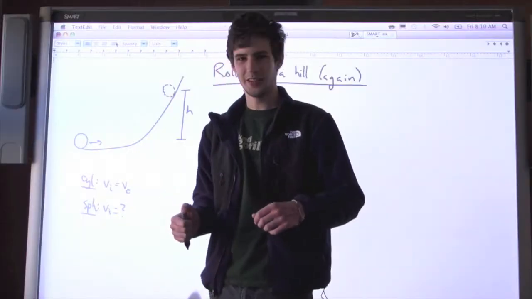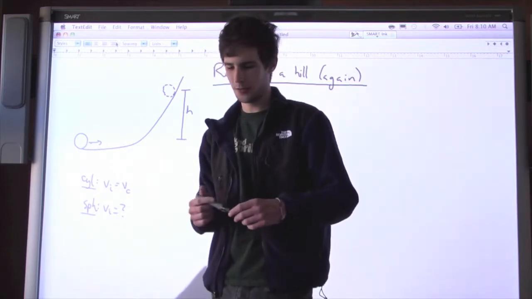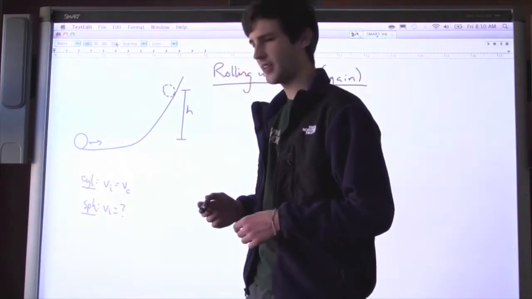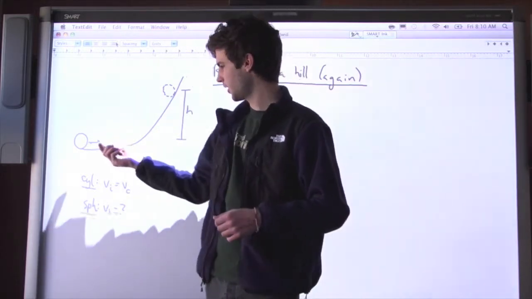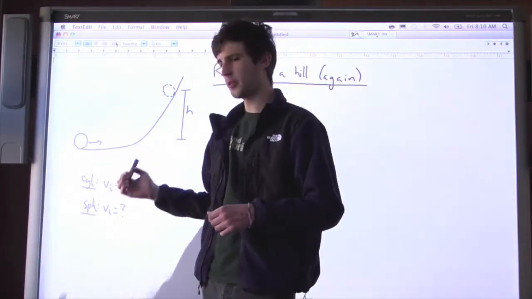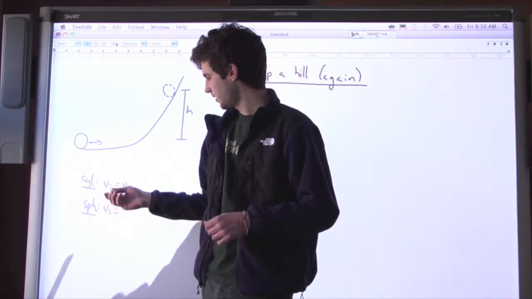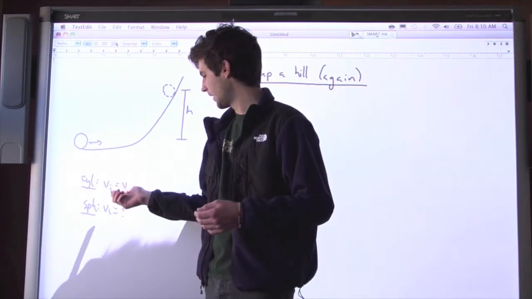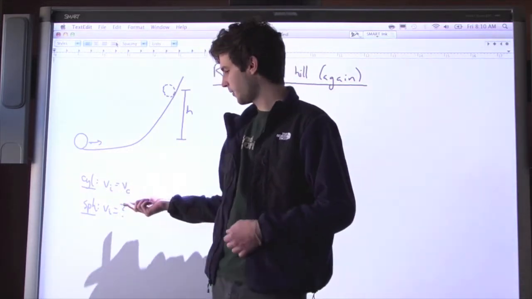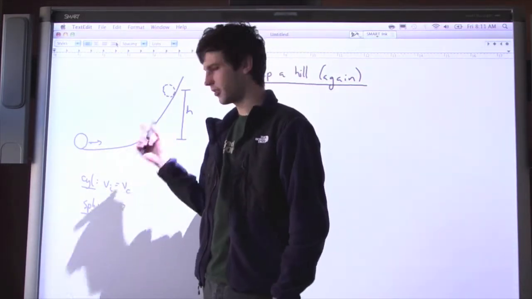Today we're going to do the second problem off of the 9th worksheet in the Physics Academic Excellence Workshop. So basically what's happening in this problem is we've got a sphere and a cylinder that are rolling up a hill. And it says that the cylinder starts with a speed of v sub c. And it wants to know how fast does the sphere have to roll in order to reach the same height